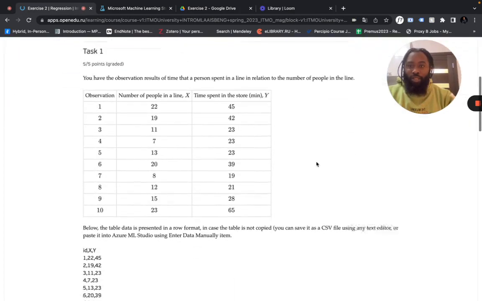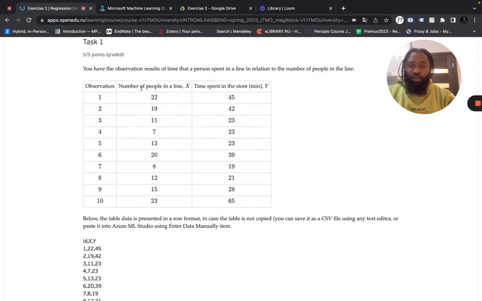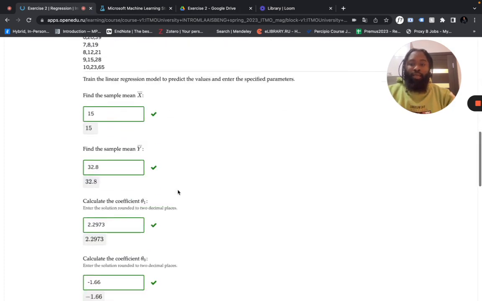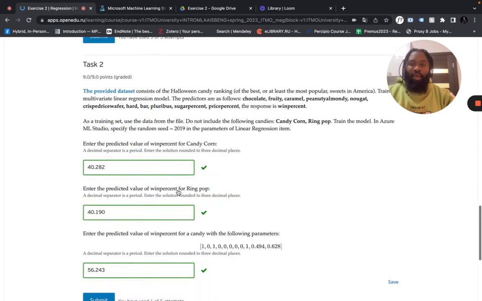So just a refresher, linear regression, we try to predict a dependent variable based on an independent variable. In the last exercise, we predicted the amount of time spent in the store, which was our y variable, based on the number of people in line. In this exercise,